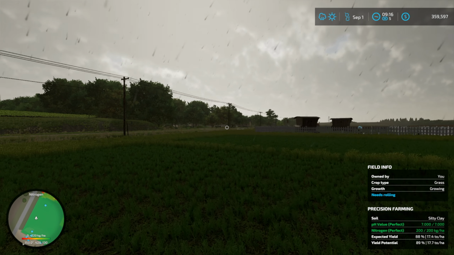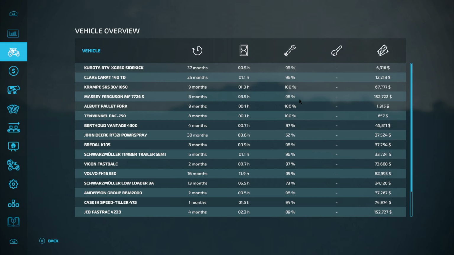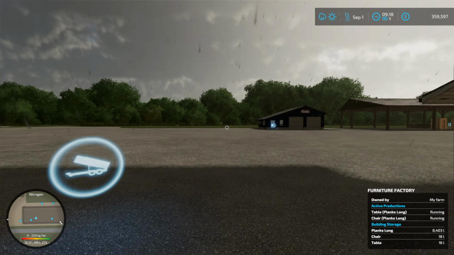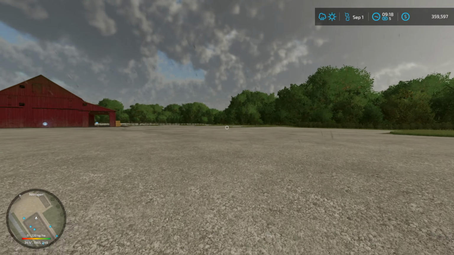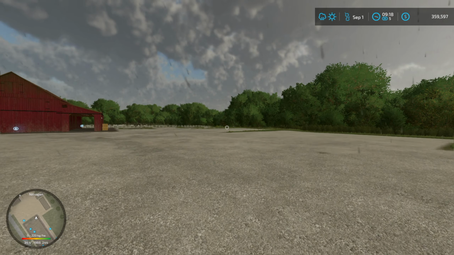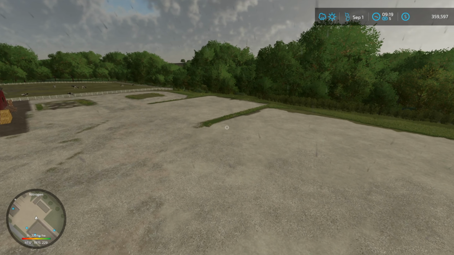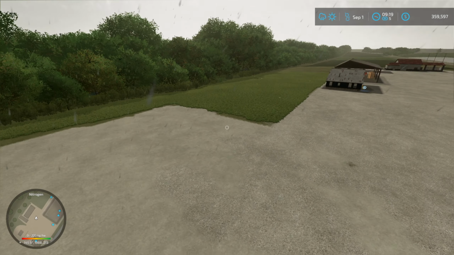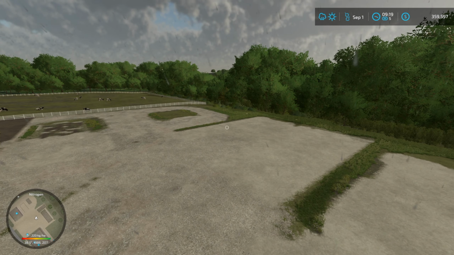So number 3 is repair the ground on farm 2. So let's go over to farm 2, which is just here. And the ground I want to repair is just over here, because I need to put a few things over here. So let's see if I can fly again to show you. Yeah, where all this green stuff is, I just wanted it to be concrete, just like an area we've got here, over here. Just these little few bits. So let's go into construction